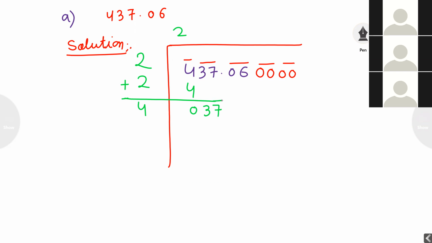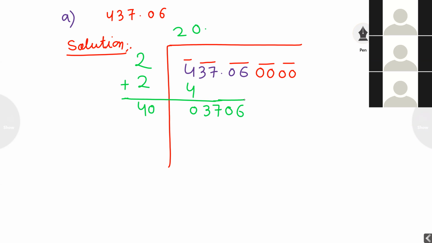Now listen carefully, students. This number is 37 and this number is 40. If I write 0, then this is also less than 40. 37 is less than 40. Then what will I write? I will add 0 here, because that 37 is less than 40. If I am taking 0 also, that value is coming less than 40. That's why I have added 0. Now after adding 0, I can keep the decimal point. Again I can bring down here 0 6.